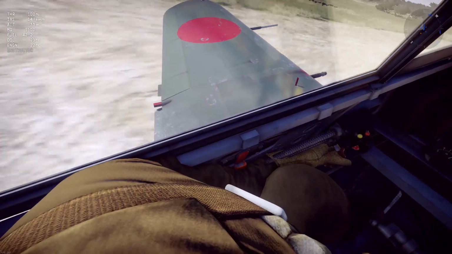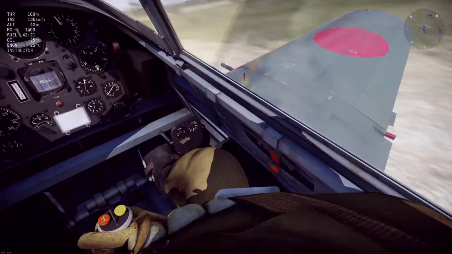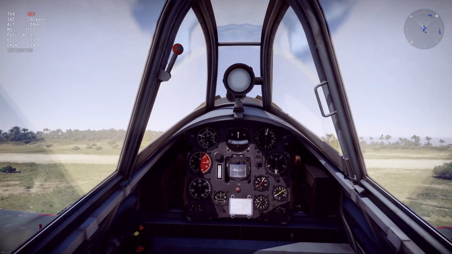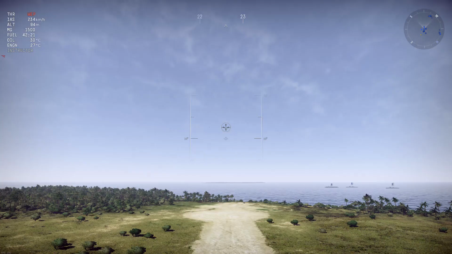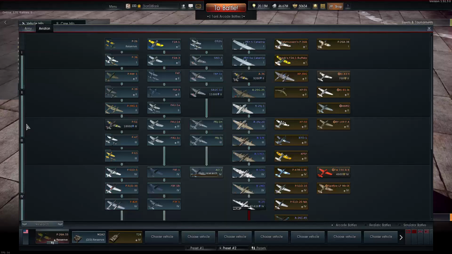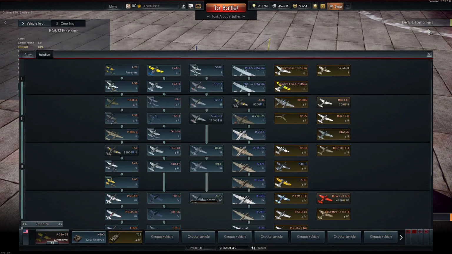There are a lot of new planes, new maps, and just new content that has been added to the game, but this video is going to be specifically focusing on the new vehicles that have been added, both planes and ground forces. So the first thing that I noticed when I got on the dev server was that they're using